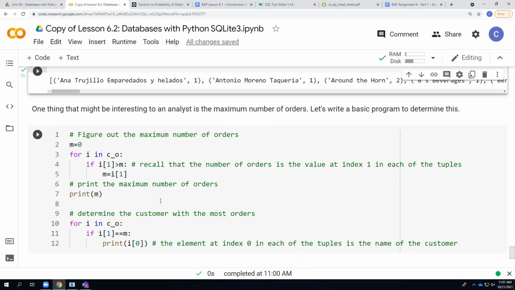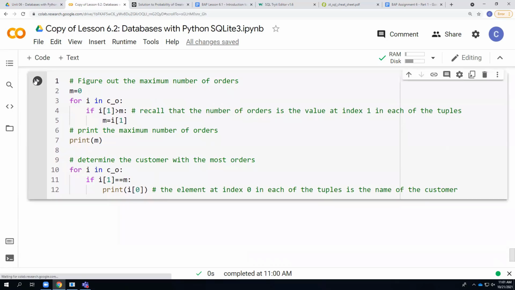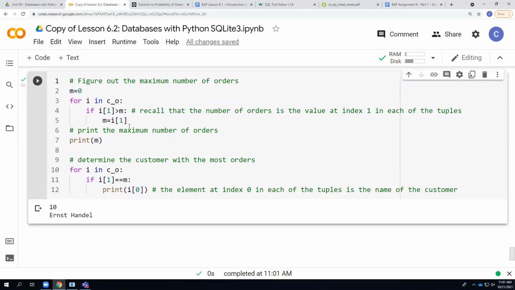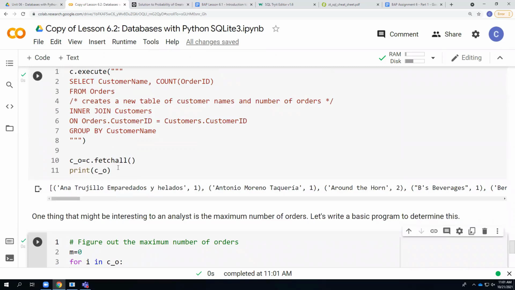And we can figure out what is the maximum number of orders, and we can figure out what customer corresponds to the maximum number of orders. So here's a couple of for loops to do that. So just a lot we can do with Python, where we query and then analyze the results of those queries using Python. At this point, I think it would make a lot of sense to give you a chance to kind of soak in all of these examples and